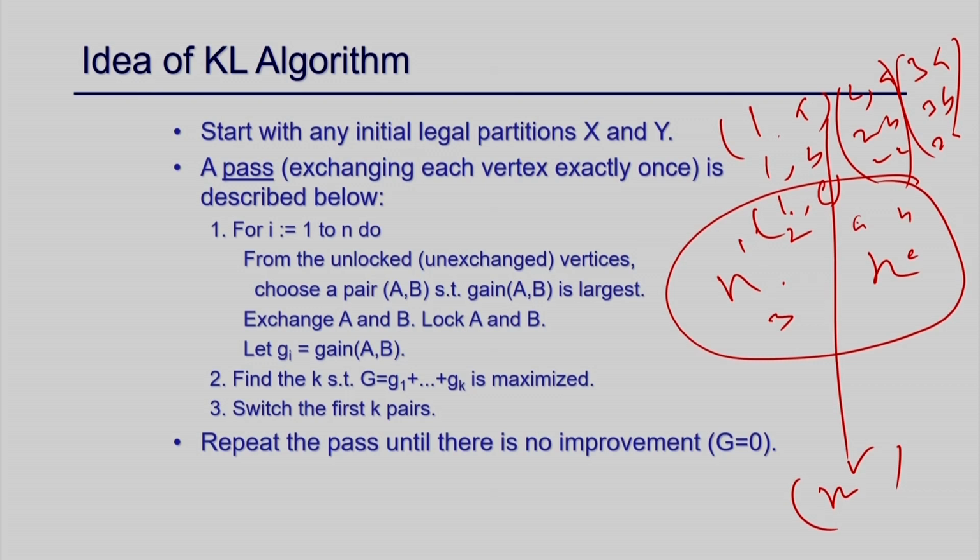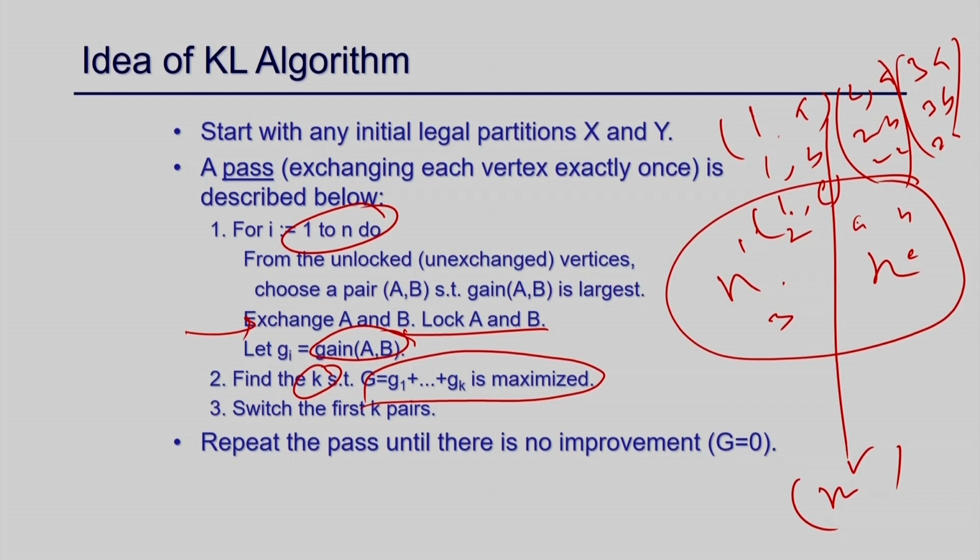You take the best one, which has the maximum gain. So for each pair you calculate the gain, you swap the one that has the best gain, and then you log that too. That is the gain of that particular move. Then you just do this n times. So you actually make n moves, so that n nodes from here move there and n nodes from there move here. Some of them may have a negative gain; after some time your gain may be negative. So you try to find some k value. You make n moves, but you take the first k iterations which actually have a positive impact. You make those fixed, and the other swaps that you did, you just undo them.